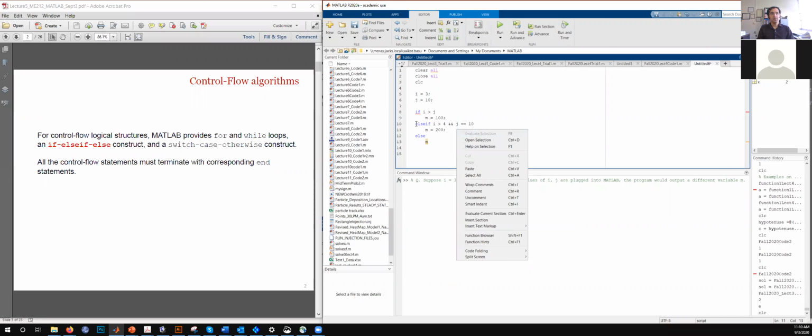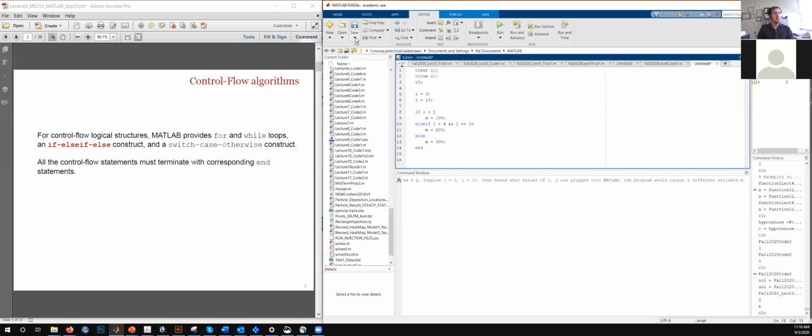Yes. Okay. So if you have multiple conditions over here, you can use as many elseifs as you need to, but the last condition should just be an else, and that's when you are done with all the other conditions. So there is no condition following this else, and if those first two conditions are not true in this case, then let's assign m is 300. This is just a fictitious example to show you how this works. And then we end this if structure with an end.